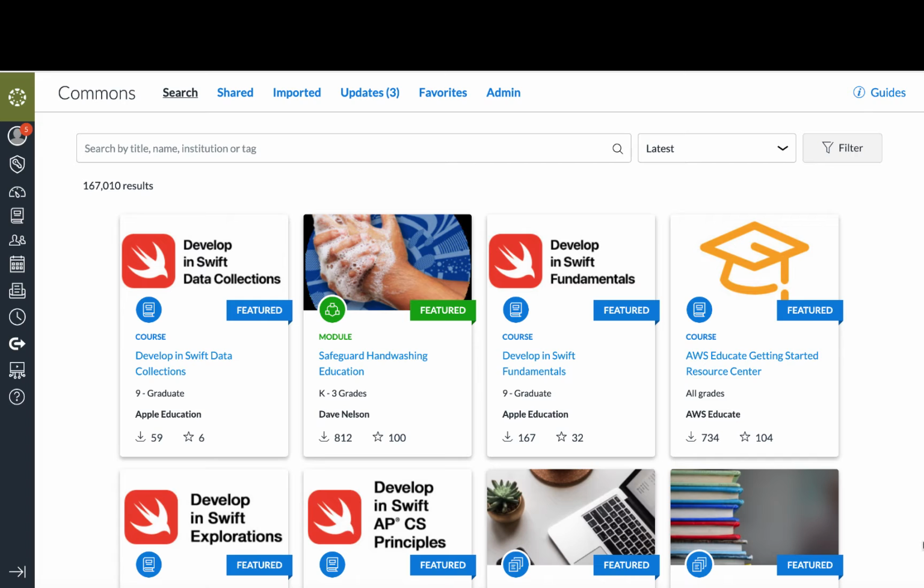In this tutorial, I'm going to show you how to use the Commons that is in your global navigation. If you look at the side global navigation, Commons looks like a little sideways horseshoe with an arrow. When I click there, it is going to bring me to this library of amazing resources